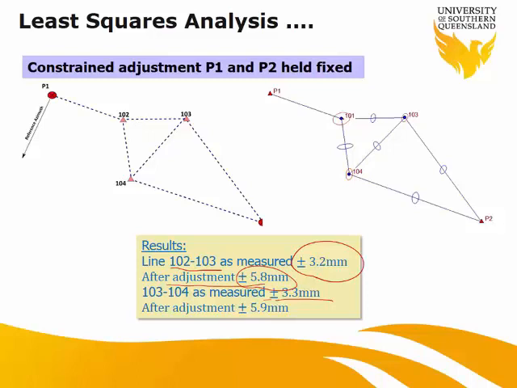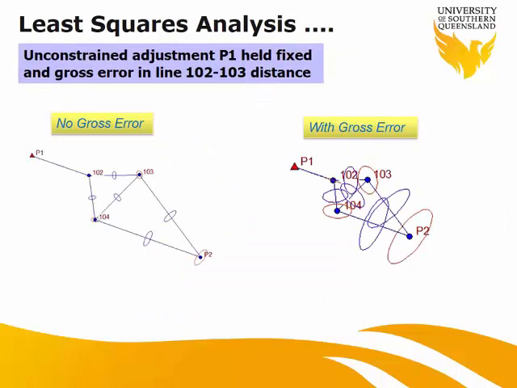So this one part of the analysis that you can see is the fully constrained, assuming P1 and P2 are fixed. But let's say we have an unconstrained adjustment and we just have P1 fixed. The picture on the left hand side is the scenario where we don't have any gross error, so everything looks fine. But if we introduce a gross error in one of the legs, say in this line, I assume that I haven't measured the distance correctly, or I have inserted something wrong, like